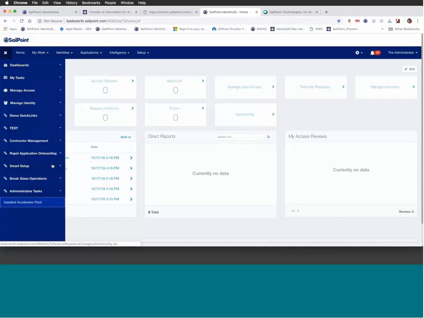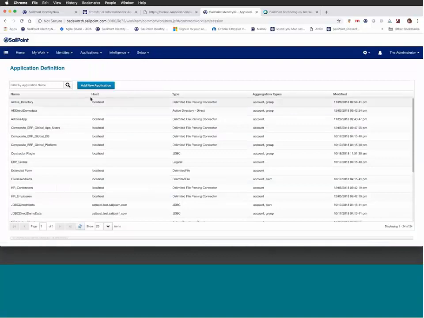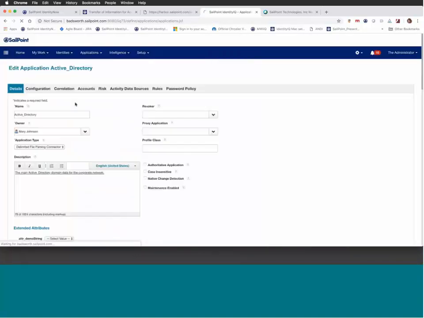Okay, and then another question we've had. In the first screen, you selected an application from a drop-down. Does that mean the application object needs to be created manually before using the Accelerator Pack? Yes. Before the application shows up over here, you would have to go into applications, define the application, define the schema, define the URL, username, password, all of that. So once the aggregation is done, it'll show up over here,